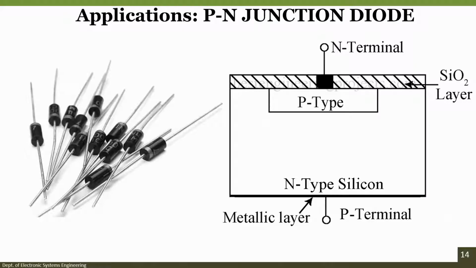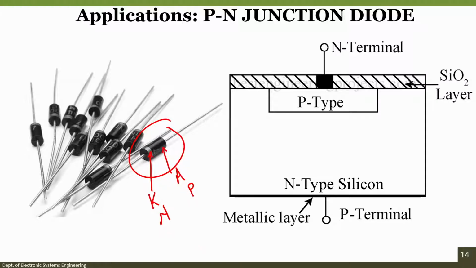The applications of microfabrication are many, although our focus is on the EEG electrodes or the chips that are related to neuroscience. Let us also understand what kind of other applications we can think of if we know how to fabricate the devices. On the slide, you can see a known structure, which is your p-n junction diode. When you take a diode, this is your anode and this is your cathode. You can say K, you can say C, whatever you want. The anode will be P, the cathode will be N, this is the p-n junction.